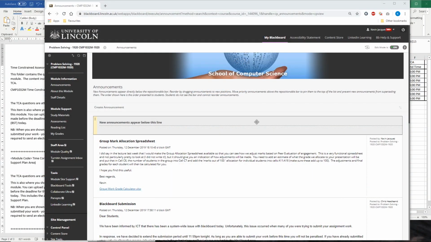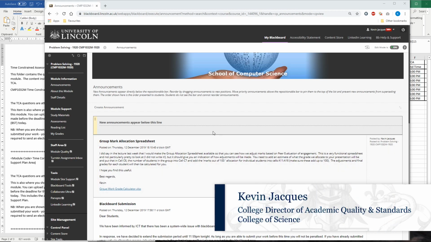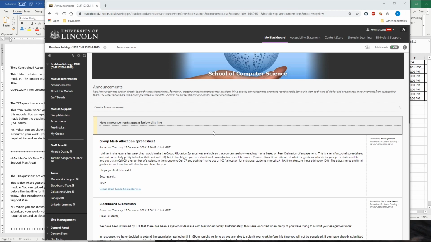So this is what Blackboard looks like when most of us open up our Blackboard sites. In the School of Computer Science, we have our own template that drives how these are constructed. So I'm going to talk you through some of the bits of mine, but you may find that yours look a little bit different. Nearly all Blackboard sites open up on the announcements page, but over on the left-hand side